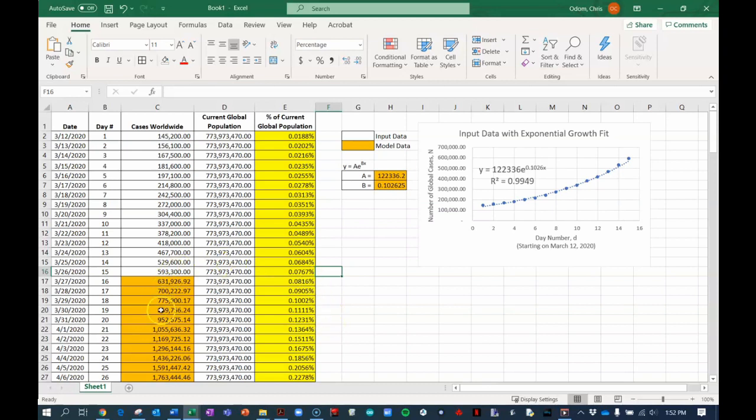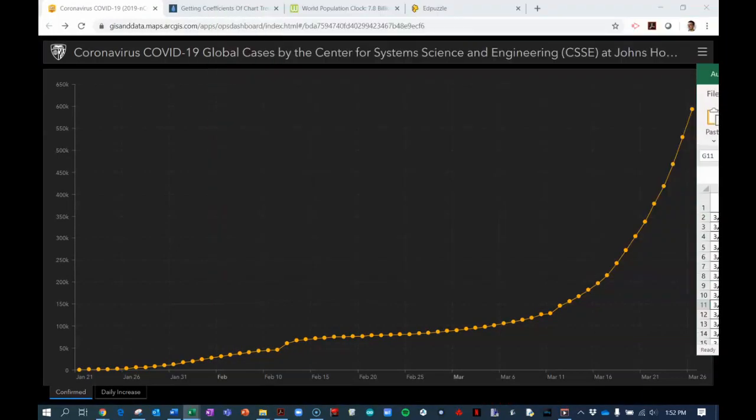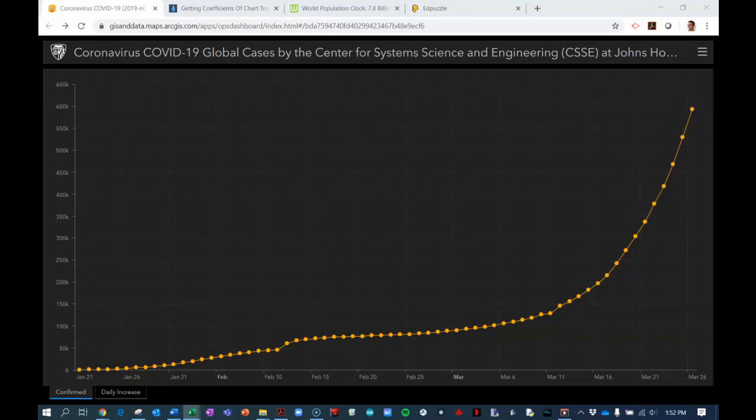But I just wanted to show you what the current numbers look like, and really what this is, is an exercise in how to model data. All right, so if we put the old model aside, let me show you as fast as I can how to model the new data. So again, I'm getting the data from Johns Hopkins